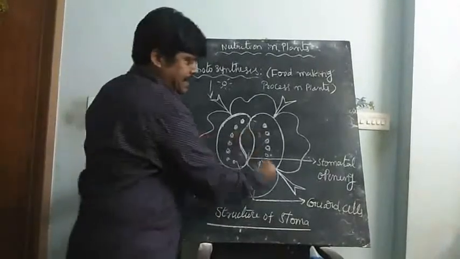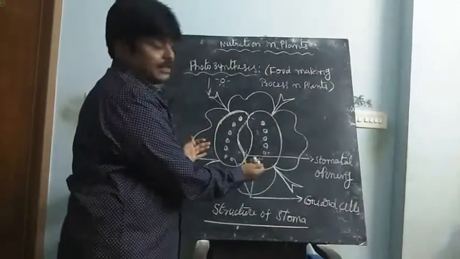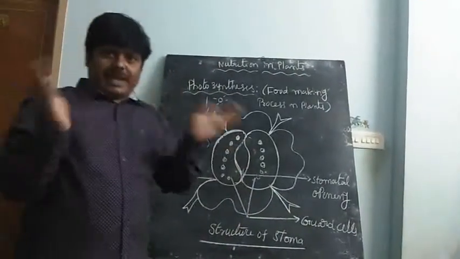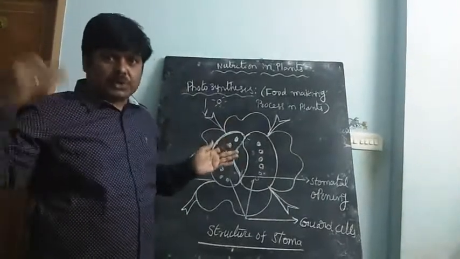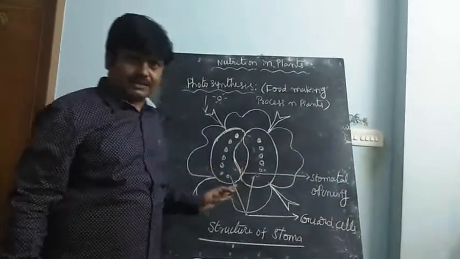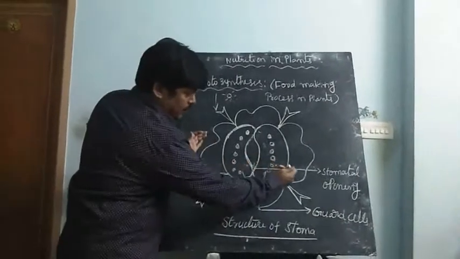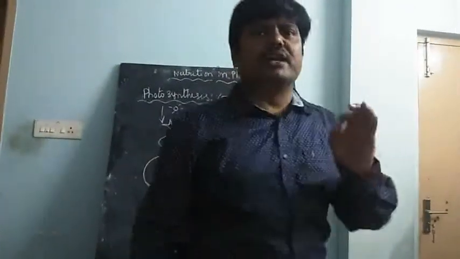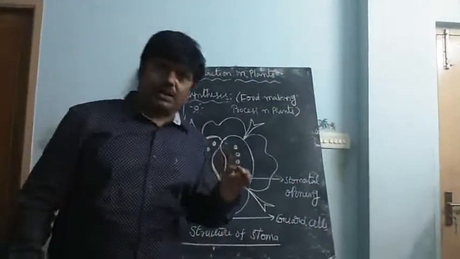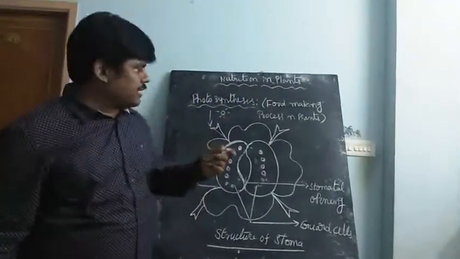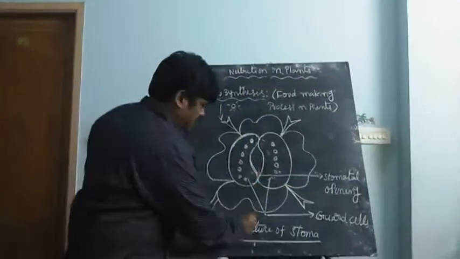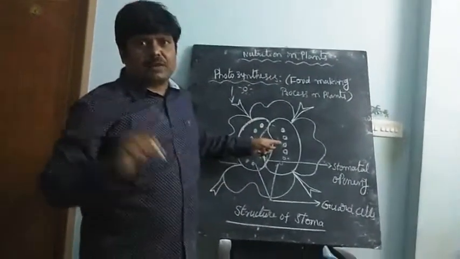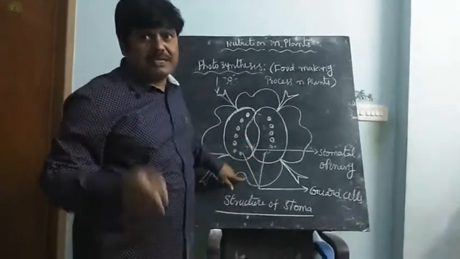The opening is protected on either side by cells called guard cells. Either side of this opening is guarded, or protected, by the cells called guard cells. That's why they open, and this exchange happens. Each and every stoma is very important for photosynthetic activities. For example, in the exchange of gases, carbon dioxide enters the plant from outside through the stoma, meaning stomata.